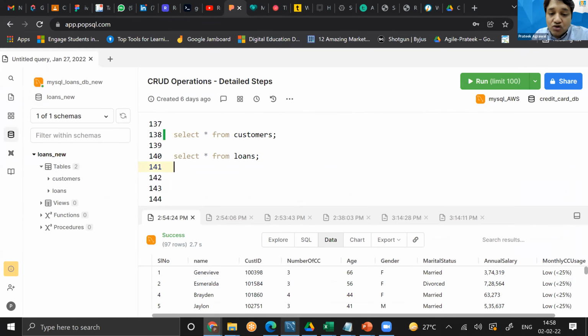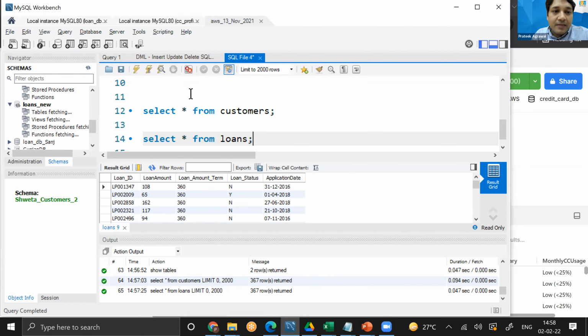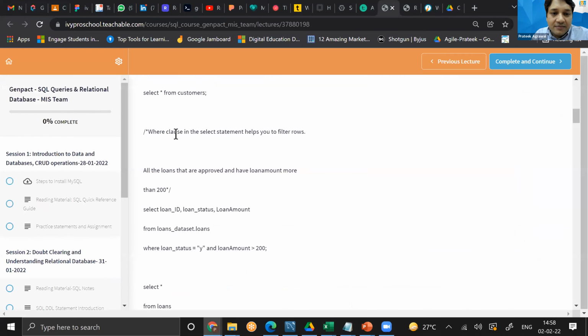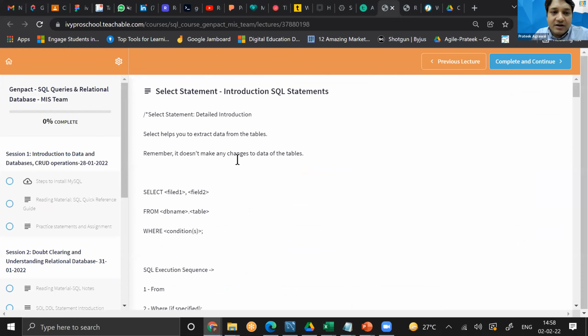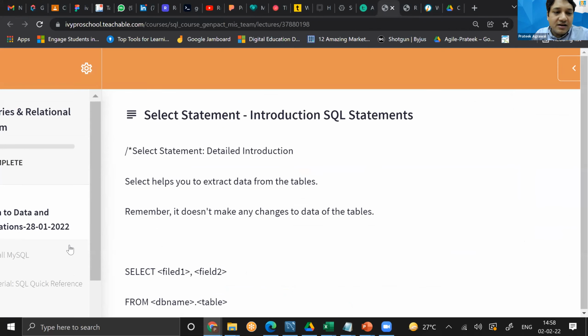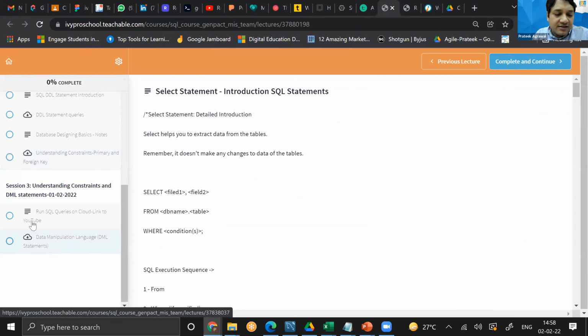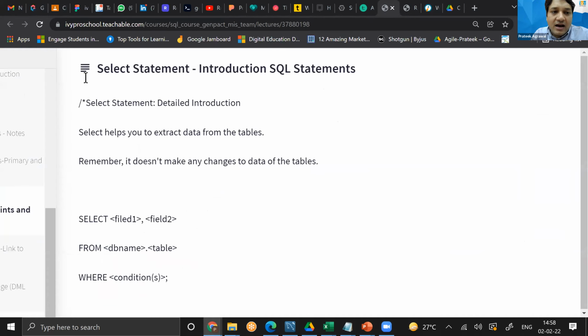From these databases. So in your LMS, I have uploaded certain select statements. You can see I've uploaded them in yesterday's session 3. I don't know why it's not showing, but you'll find it in yesterday's session only. You'll find the select statement introduction to SQL, where I have given a lot of code